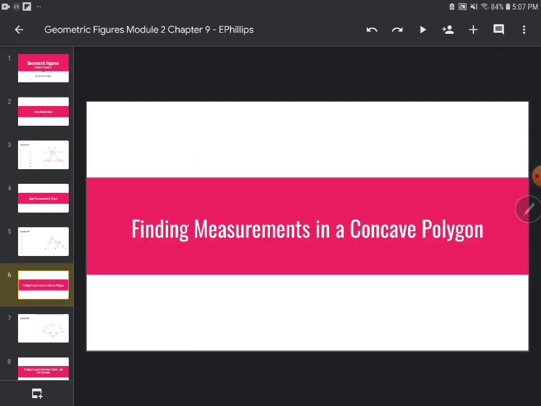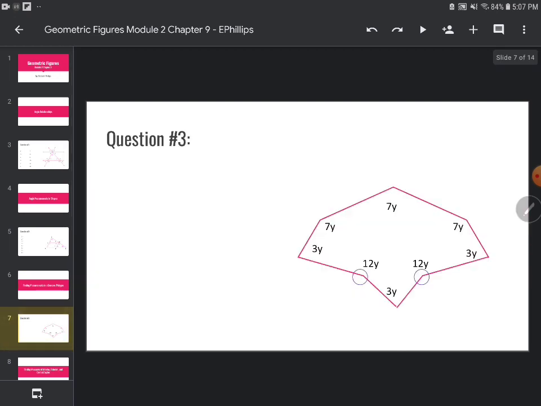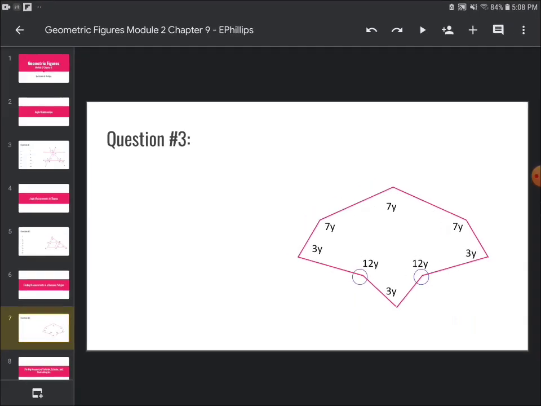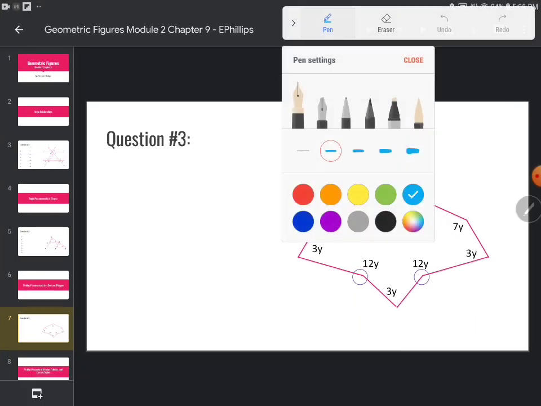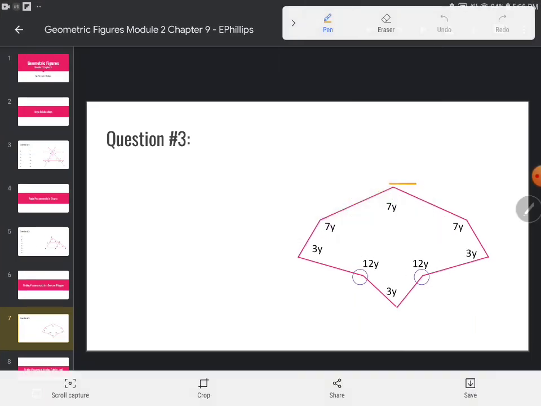So next we're going to talk about finding measurements in a concave polygon. And we're going to start out with this figure right here. Typically what you'll want to do is find the number of sides or angles on the figure to start out. So we'll notice we have, might help if I have my screen right up, just so we can get some visuals, we have 1, 2, 3, 4, 5, 6, 7, 8 points,